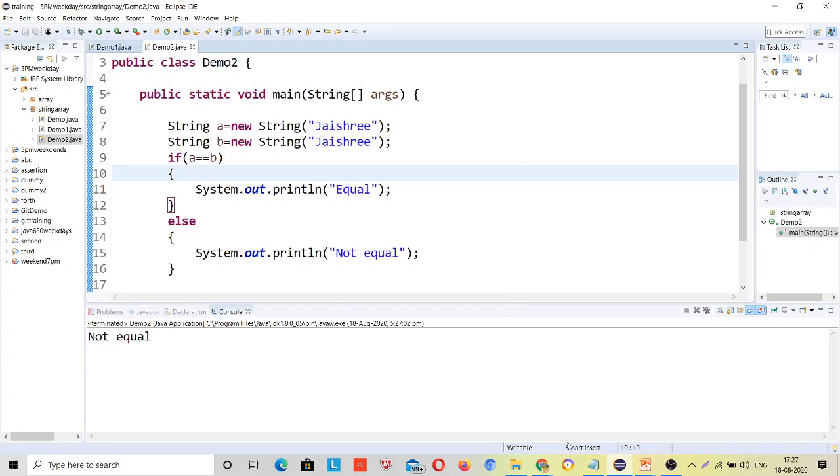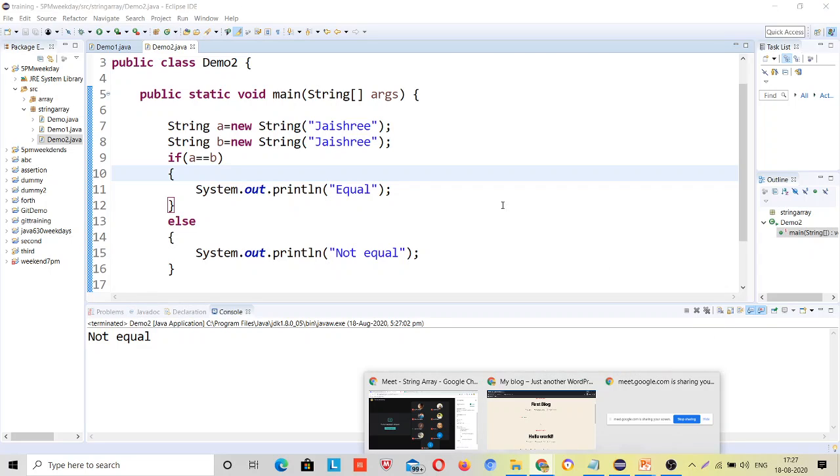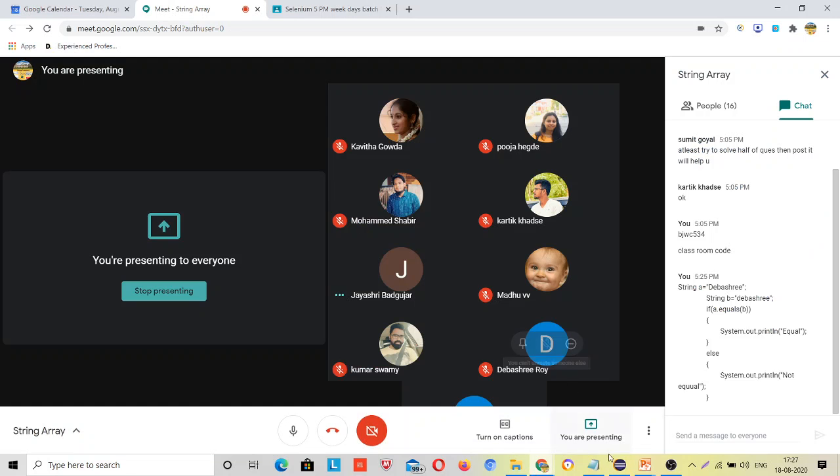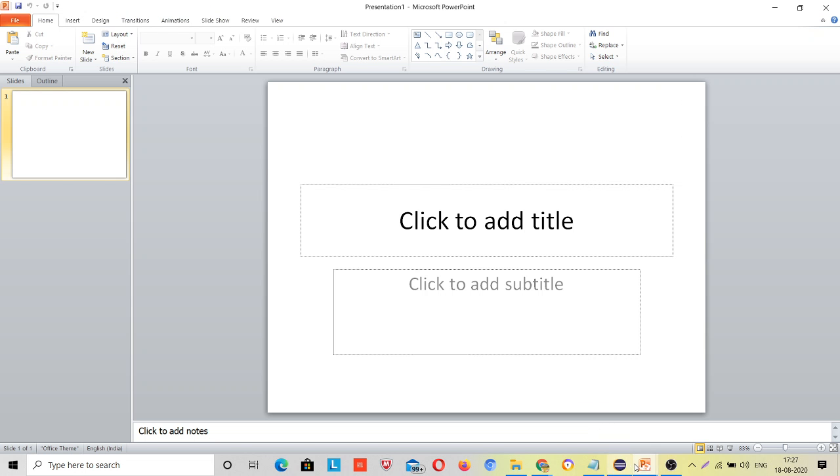Not equal, right? But what if we want to compare the data of these two different objects? How can we do this? Just come back to here.